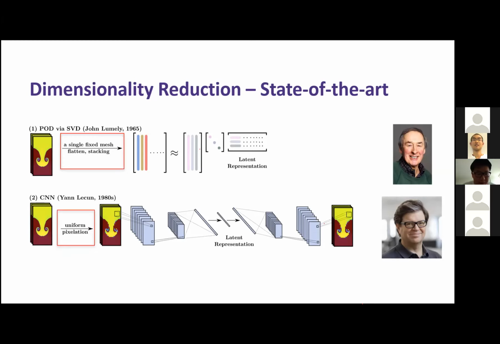And I want you guys to pay attention here is that the CNN requires a uniform pixelization of your original images. It might be good for computer vision tasks or for recognizing cats and dogs or maybe even humans, but not really that suitable for fluid mechanics, because we always have multi-scale phenomena randomly at some places in the fluids. So therefore, uniform pixelization is not really a good way to process the data set.